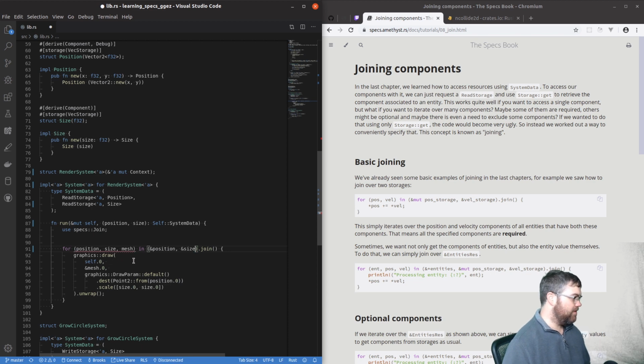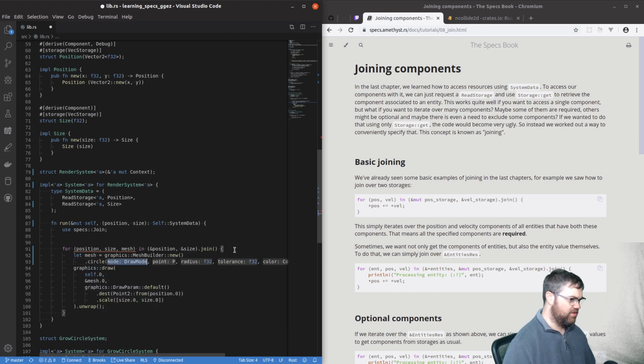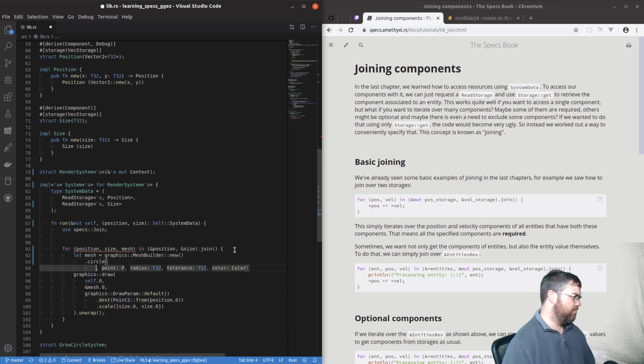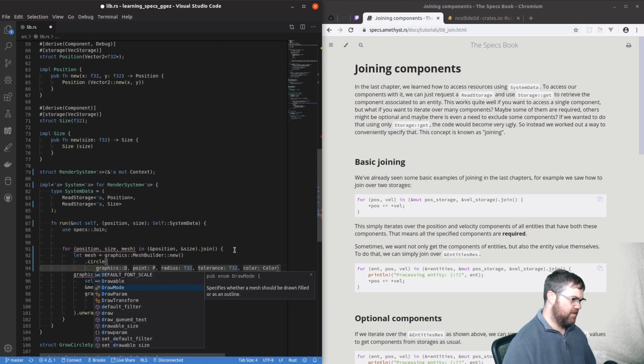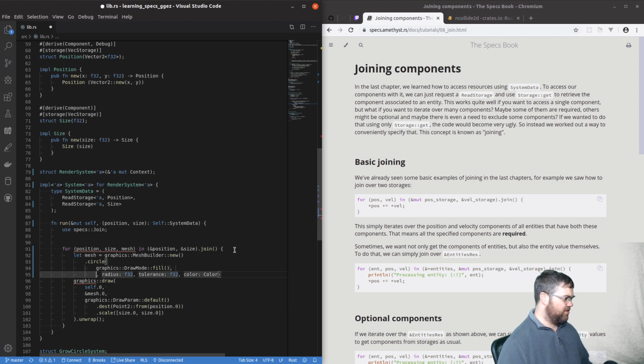So we need to create the mesh for every one of these. So let mesh equals graphics mesh builder new. In this case, they're all going to be circles, but we can easily make this something else. Okay, so this is going to be graphics draw mode fill. Our point, our location for this, well, we have it in the position. So we're going to say,